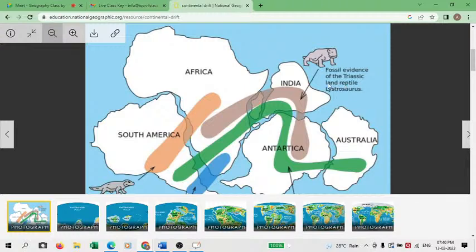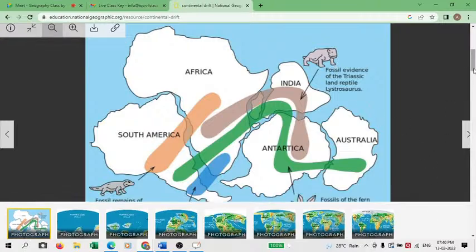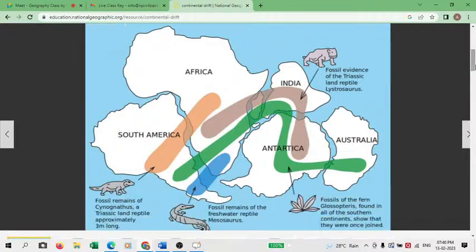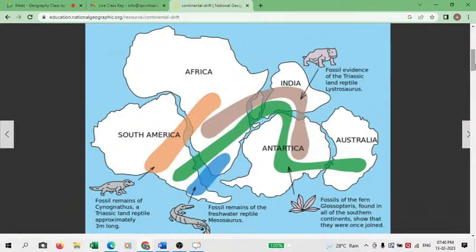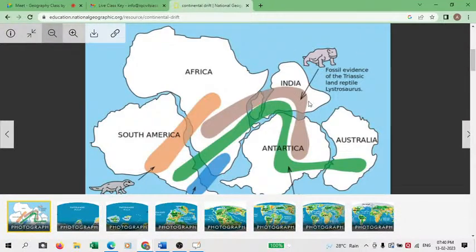कि the evidence of the fossil of Lystrosaurus was found in 3 places: Africa, India, as well as Antarctica. You see this brown belt? It is flowing across 3 land masses. देख रहे हैं? अफ्रीका में मिला, इंडिया में मिला, और कहां मिला? अंटार्कटिका. यस? इसको बना लीजिए अपने नोट्स में अभी के अभी, ऐसे जैसे यहां दिखा रखा है ना, ऐसे ही बनाइए.